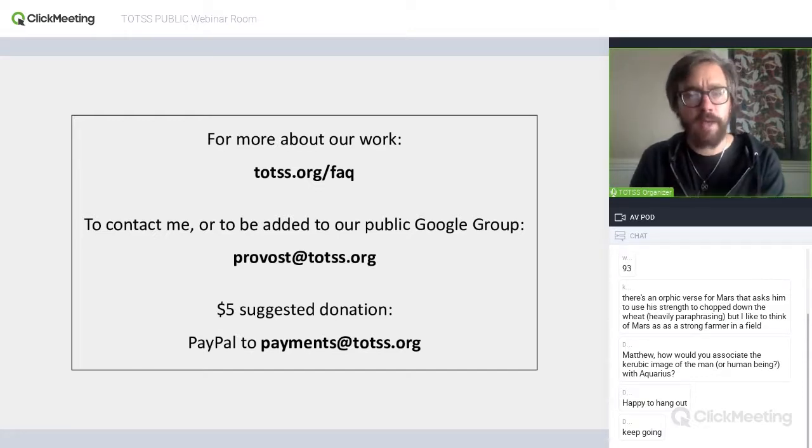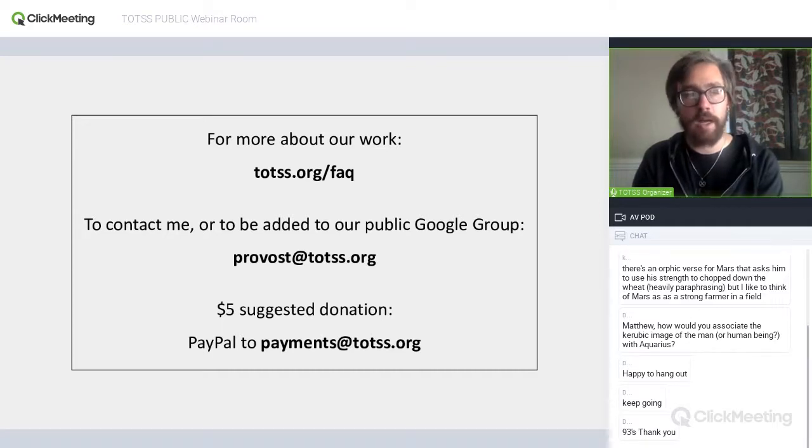In the meantime, I didn't create a slide for practices for next time, but just think about the signs of the zodiac and their symbolism. You don't necessarily have to go through every single planet-sign combination, but you can start thinking about how the planets in different signs express themselves, and start getting a feeling for how the signs color the expressions of the planets. And if you've been following along with some of the hexagram rituals, you don't have to go through all 12, but you could try out some hexagram rituals to invoke the zodiacal powers, and see what your results are like.